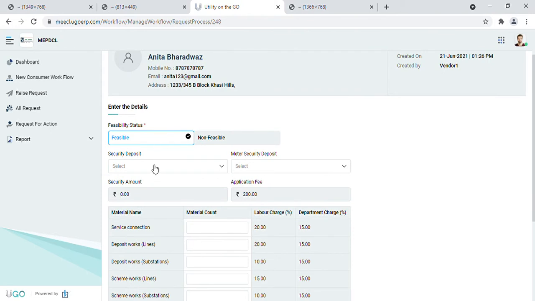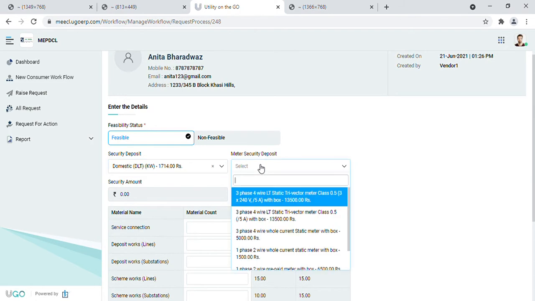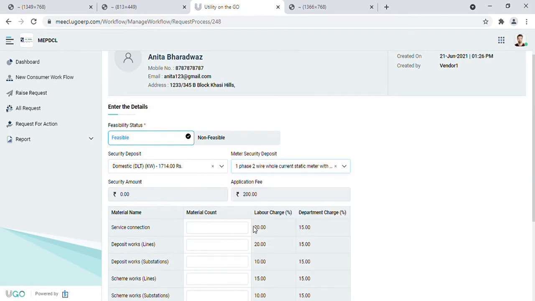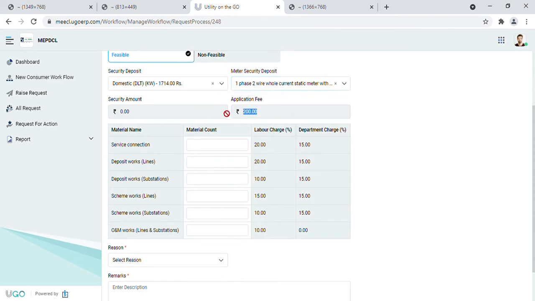Just select the feasible. Security deposit which will be applied on the consumer. Here's the application fee and security amount according to the schemes applied on that consumer. Here we have to enter the material count.